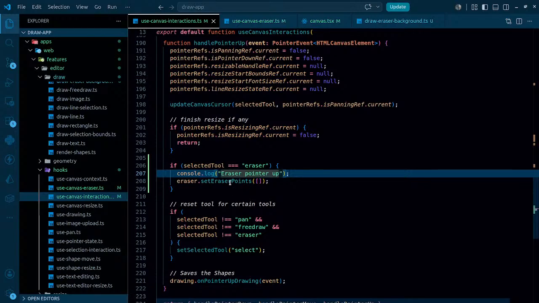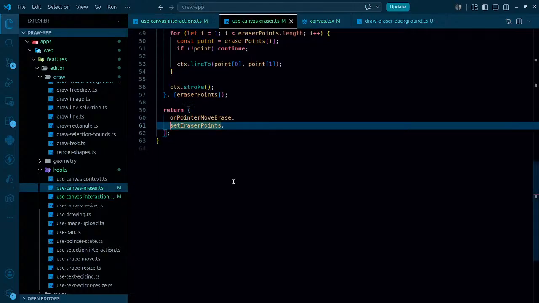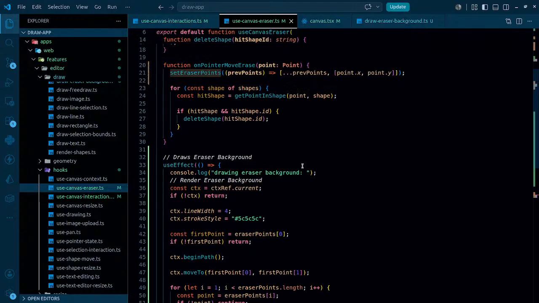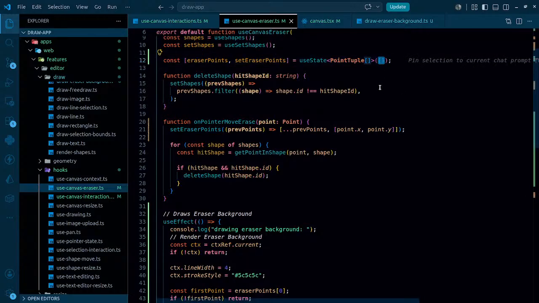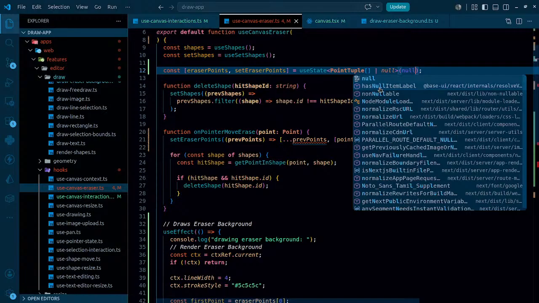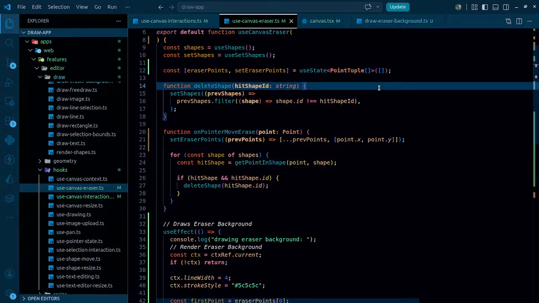We are setting the eraser points to empty array. No, that's not gonna be a good idea. So keeping it like this would be better, but the thing is that